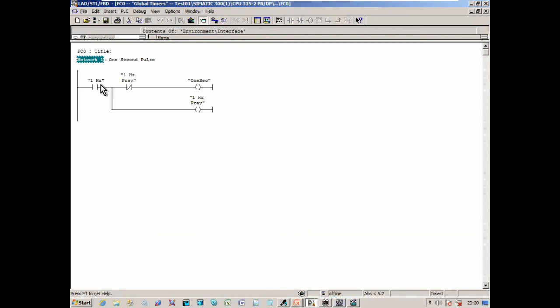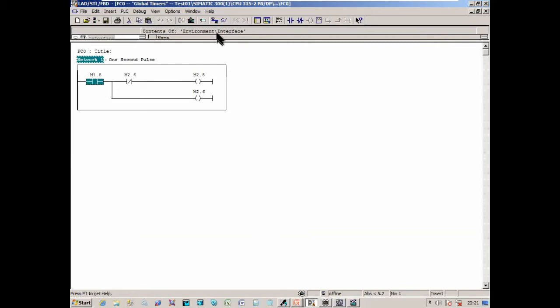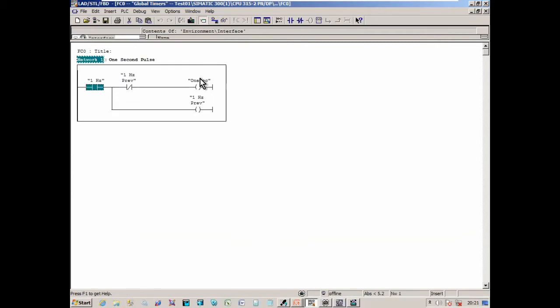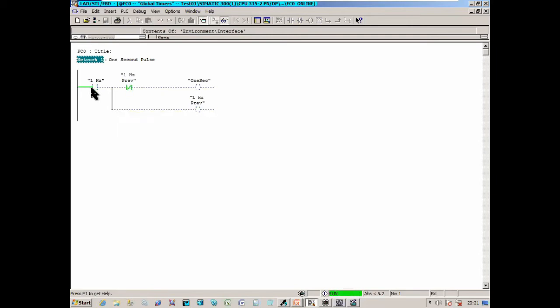Okay, if you look at this rung, I'm going to switch off the comments. That M1.5, remember, is in that clock byte which we configured on the CPU. So that is coming in every second. So technically what's happening, M1.5 is on for 500 milliseconds and off for 500 milliseconds. So it gives you a nice little on and off delay. But the thing is, you saw our scan time was 10 milliseconds. So technically for